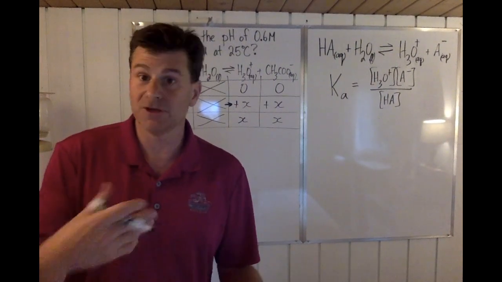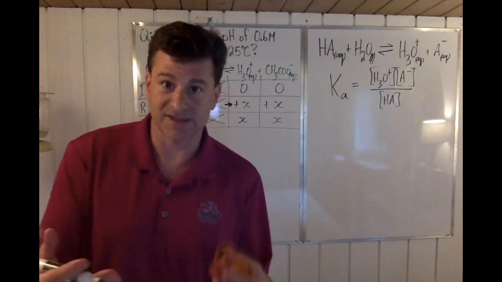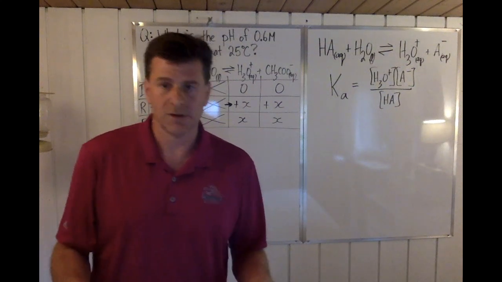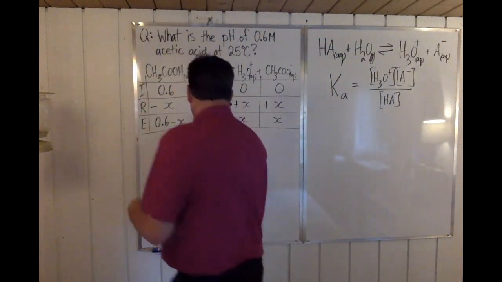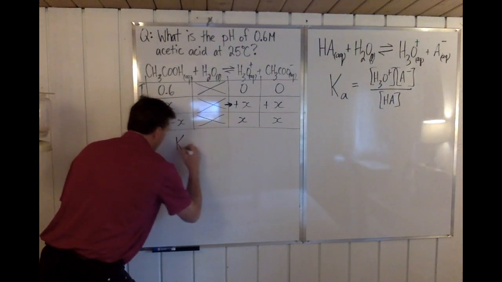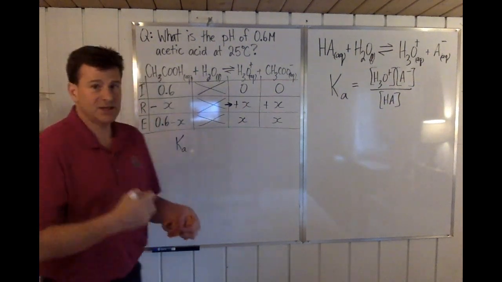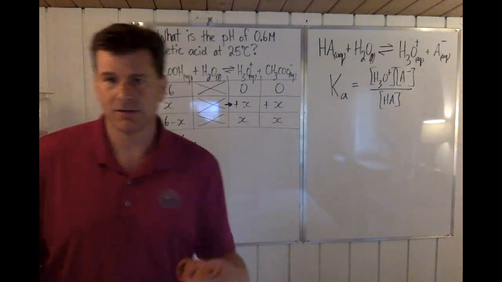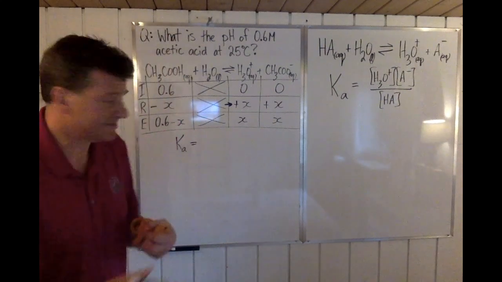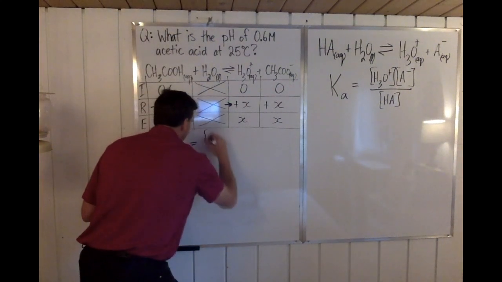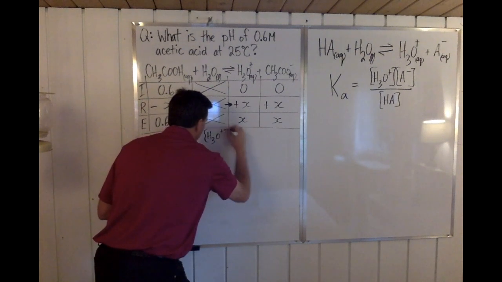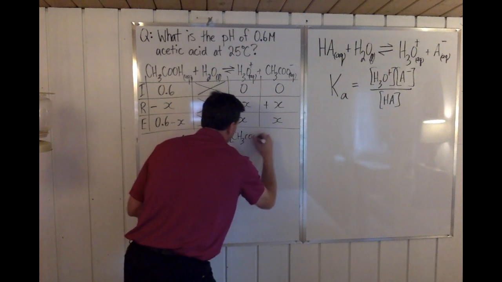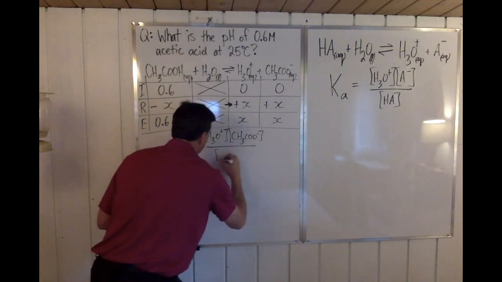You have to prove and communicate to the person that is reading this that you understand what formula you're supposed to be using. This isn't just a fluke. So you know that the Ka of this equilibrium equals, and you're not going to use the generic version, you're going to use the actual equilibrium that's there. So I've got hydronium times the acetate over